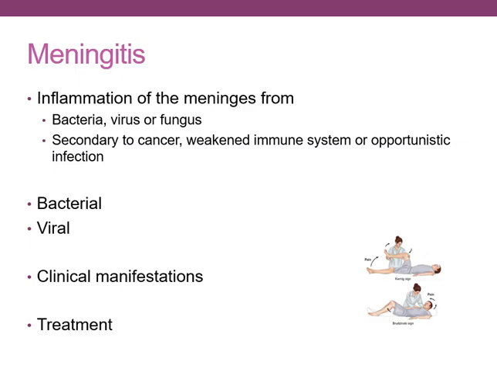So I took the little JPEG from your book, and I don't think it had a number because I don't see it in my notes, but it's within this section. A positive Kernig sign is when the patient is lying with the knees flexed on the abdomen, and the leg can't be completely extended back down. And the other one is the Brudzinski sign, when their neck is flexed, and be sure not to do this if you suspect a cervical cord injury or trauma, there's flexion of the knees and hips. Those are both pretty positive for meningitis,